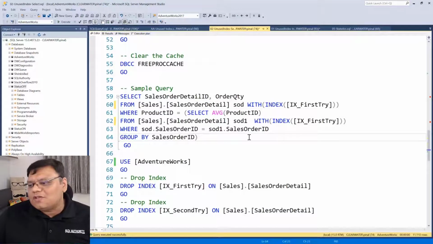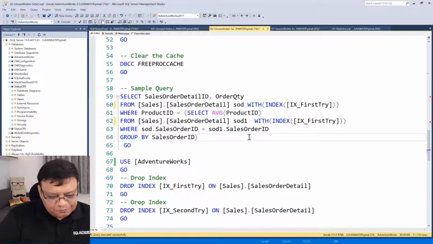Okay, so there are two things pending for us to understand. Thing number one is why this is happening. I'll answer that in the simplest possible way: this is all because of statistics. Even though we think the index is not being used, that's not the real reason.